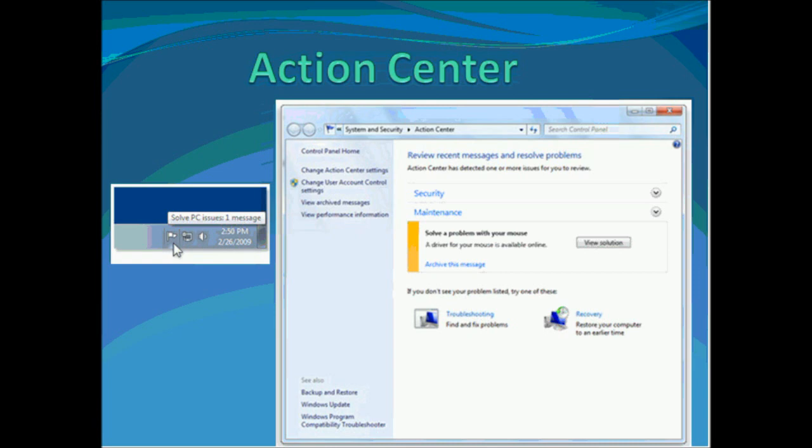So let's say that you run into a problem, or basically you want to see what exactly is going on with your system, your security or your maintenance. You just have to open Action Center as shown in the screenshot. Going on security, it will show you if an antivirus program or anti-malware program is present or not, if your Windows is updating correctly or not, if a particular driver needs an update, or if a particular stored program is having a compatibility issue or is not working correctly with Windows.